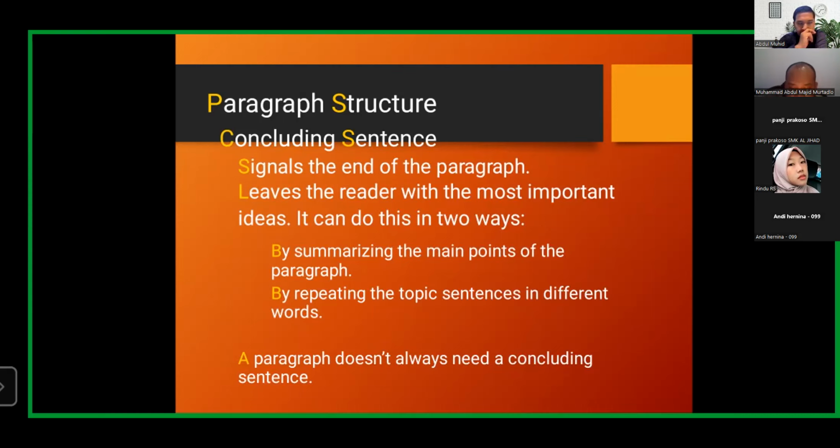It can do this in two ways: by summarizing the main points of the paragraph, or by repeating the topic sentence in different words. A paragraph doesn't always need a concluding sentence.